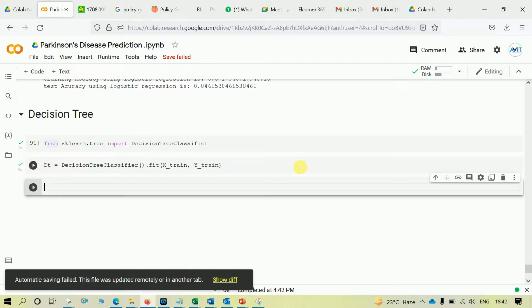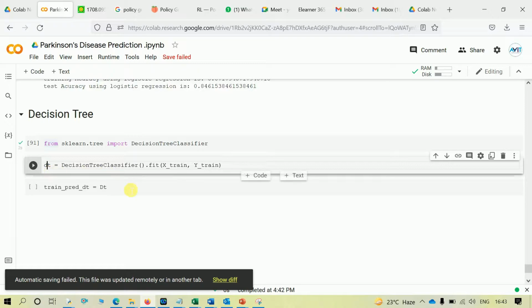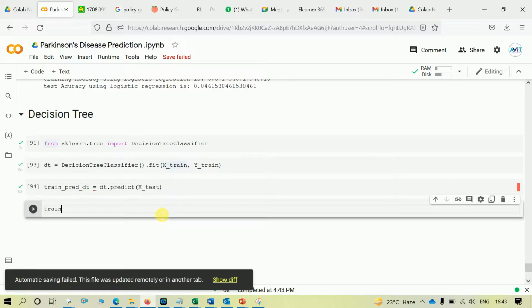So let's take a prediction on it. So variable name should start with a small letter. Let me write it small dt, and I have to run this cell again, and let's write dt dot predict x test. So let's print this out.